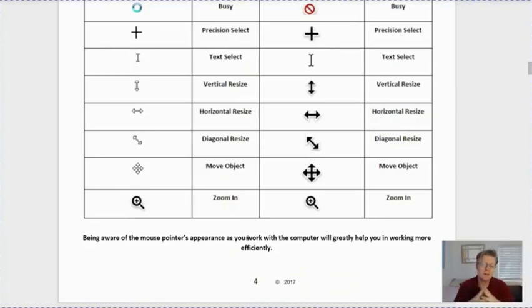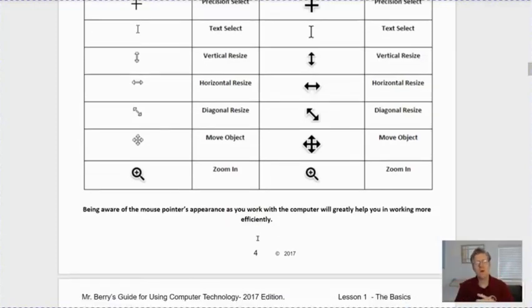Next we have zoom in, and the zoom in can be found at different locations throughout the internet. Normally we use that to zoom in or zoom out. If you have a text and it's in a smaller box, you need to go in there, click it, and zoom into it. Being aware of the mouse pointer's appearance as you work with the computer will greatly help you